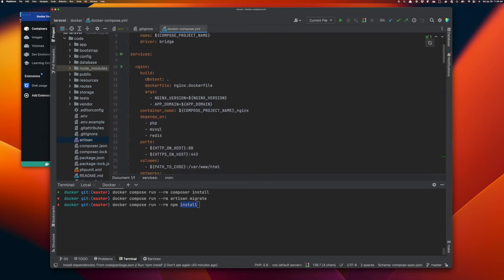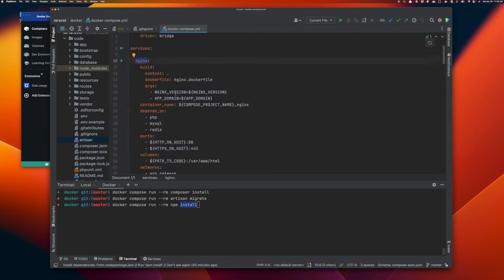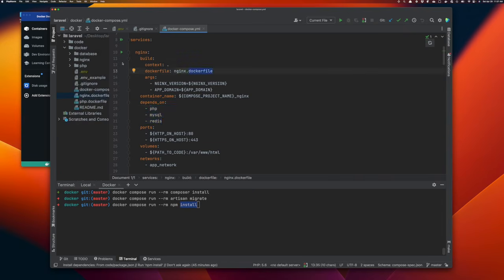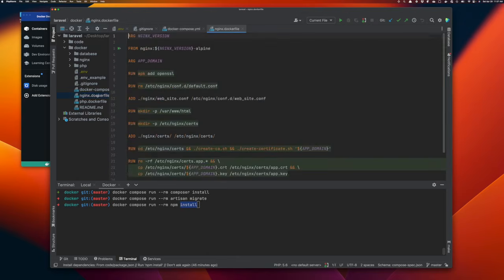So if we look back up, Nginx is at the very top. It depends on the PHP, the MySQL, and the Redis. So those three things are started first, and then it starts up the Nginx container. Again, this is instructions on how to build this image. That's what Docker's using this for. So this Dockerfile contains instructions on how to build the Nginx image that we can use to start up